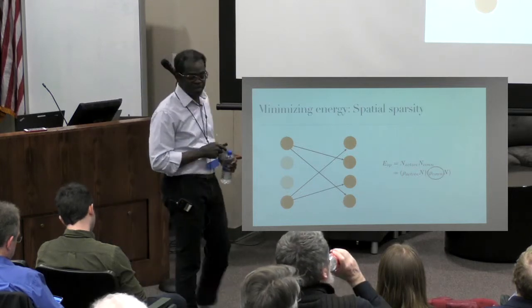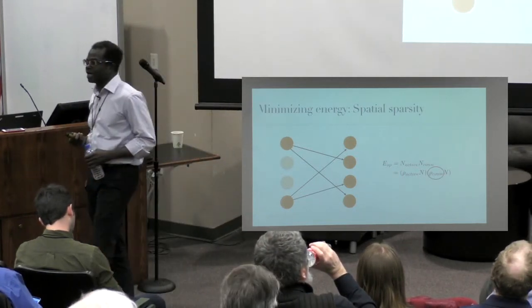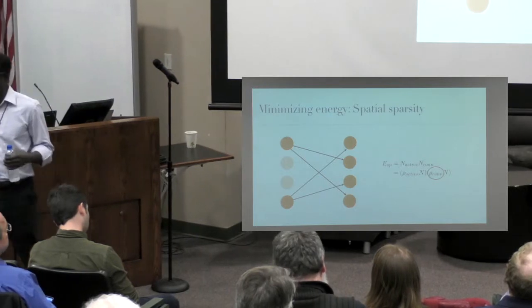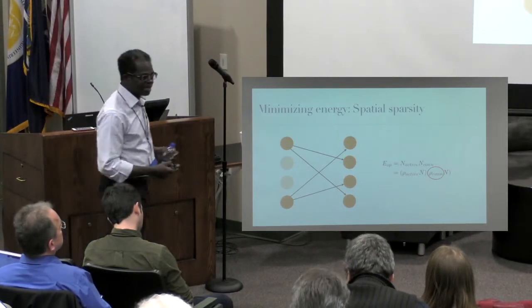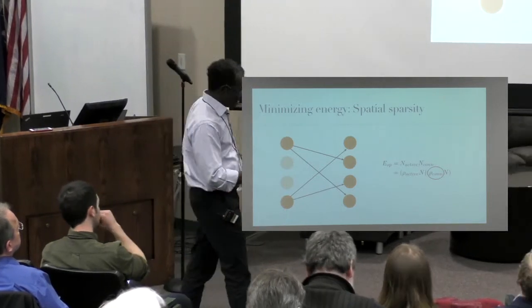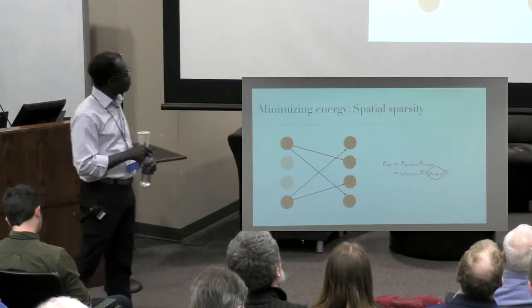What about the spatial sparsity? You want to have sparse connections. People do this. They train the network, and they find out that they can compress the weights. It's not full rank, or they can make it mostly zeros and things like that. And so that's another thing you can take advantage of.